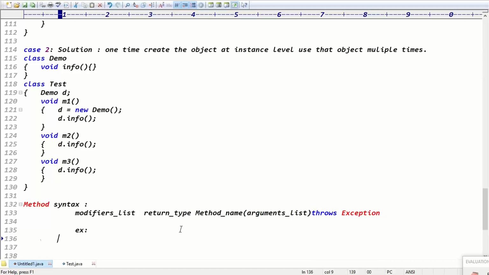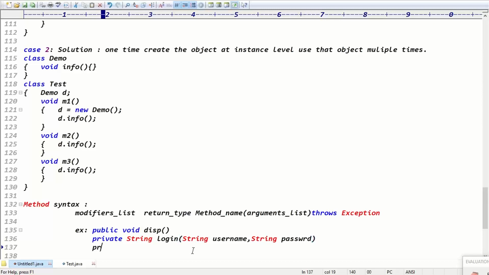If we take an example here: the modifier is public, the return type is void, meaning no return value, and the method name is like this method. The second one is a private method. Return type is a string. Tomorrow we'll discuss the return types. Private is a modifier, return type is a string, method name is login method, and arguments are expected like string username, comma, string password.